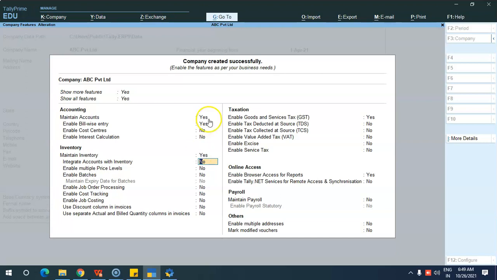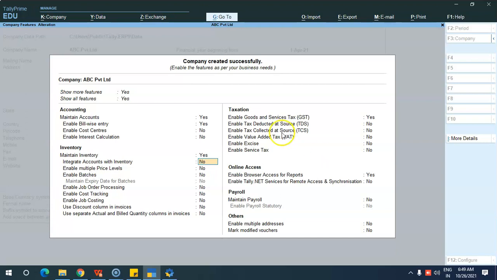After filling all the details, it is not mandatory to activate features in this very first company creation process. You can also give Control A for saving the screen and start your work. Afterwards also you can just click F11 and use these features. You can enable and disable the F11 features as per your wish.